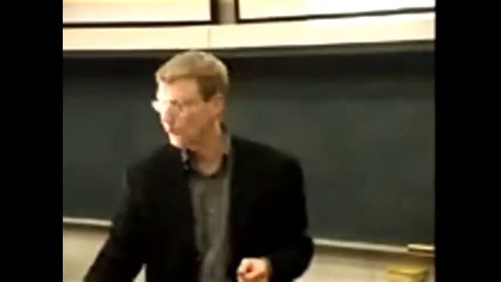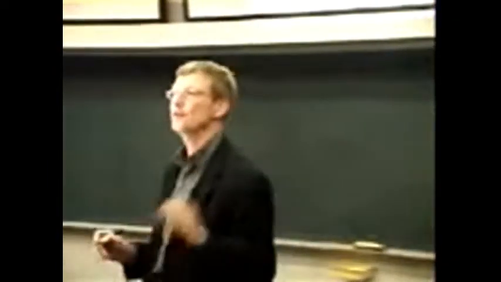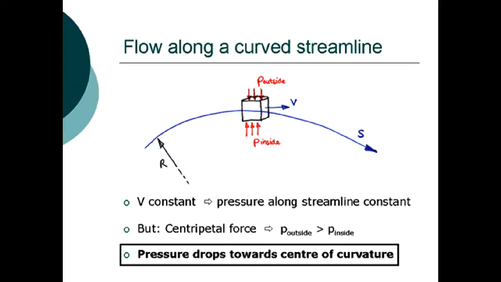Now we come to the more interesting case. I've just talked about flow along a straight line. Now what happens if we have a streamline that's curved? So if we imagine a streamline that is curved, like this, say it has a radius of curvature, capital R,